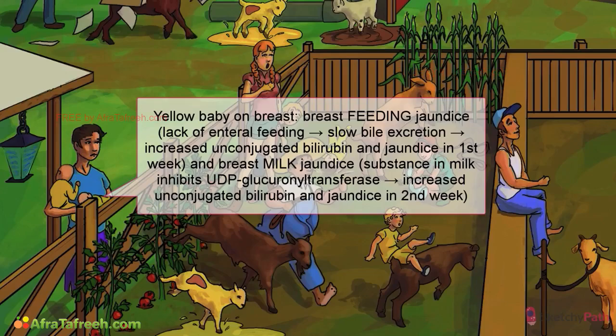Less food in the tummy means less impetus to move the bowels. In the sluggish gut, conjugated bilirubin that's just sitting around can deconjugate. This unconjugated bilirubin gets recirculated from the gut back to the liver, aka enterohepatic circulation. This results in a buildup of bilirubin and subsequently jaundice. Just like physiologic jaundice of the newborn, breastfeeding jaundice is not harmful to the baby, and time or formula supplementation will return the baby's skin to normal. So breastfeeding jaundice is early, as in seen in the first few days of life, which is in contrast to